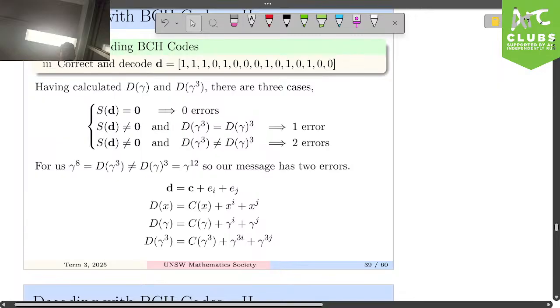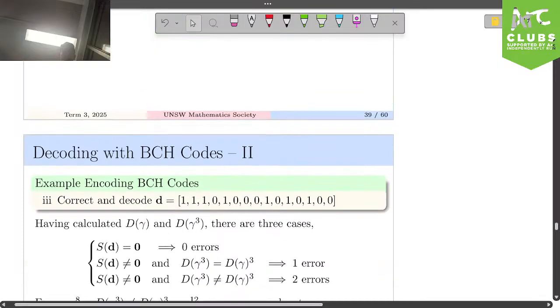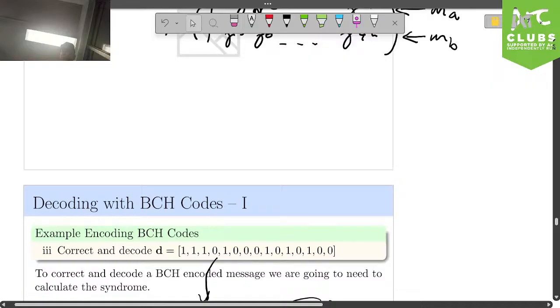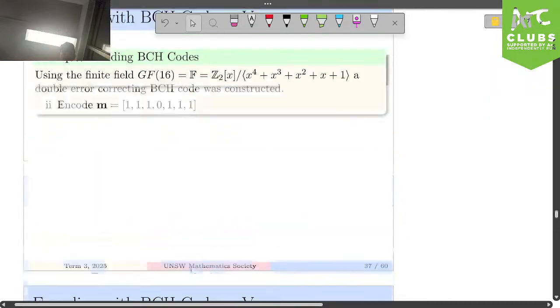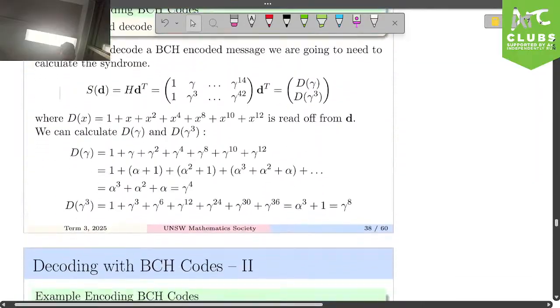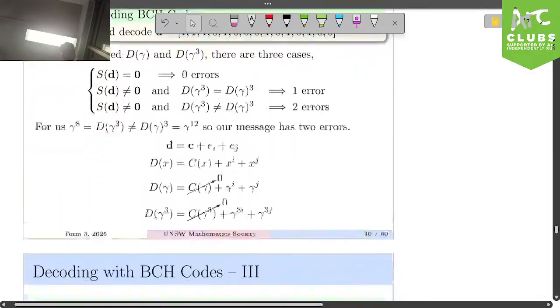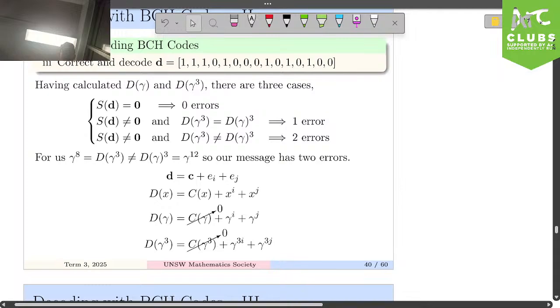The real magic is when you put gamma into these polynomials, this true code word polynomial. If you put gamma into it, that just means it goes to 0, right? Because gamma is a primitive element of a true code word polynomial. It goes to 0. This was stated right at the beginning. But the code word polynomial for this gamma will be 0.